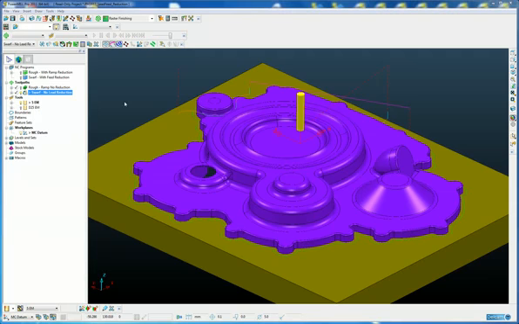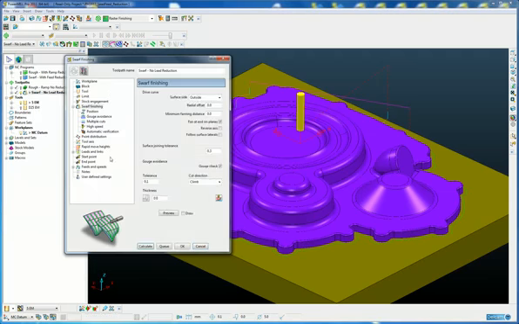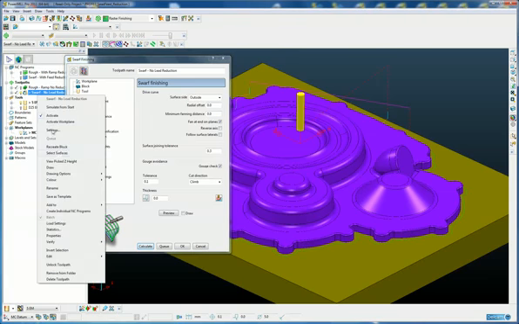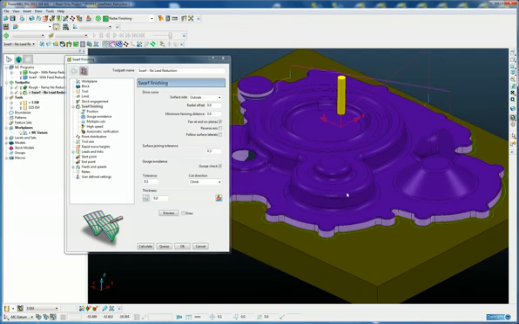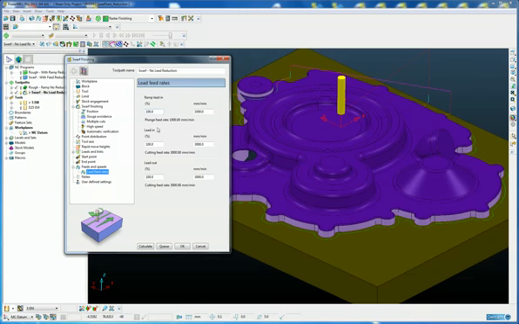So if we go to the settings for the toolpath, recycle it, select the surfaces for swarfing, again look at our lead feed rates. So this time we're looking at the lead in and lead out, not the ramp. So we want the lead in to be a lot slower into the material, so I'm going to set that at 25% of the cutting feed rate. And the lead out does not need to be as slow as the lead in, so we're going to set that at 50% of our cutting feed rate. So if we now calculate that again,